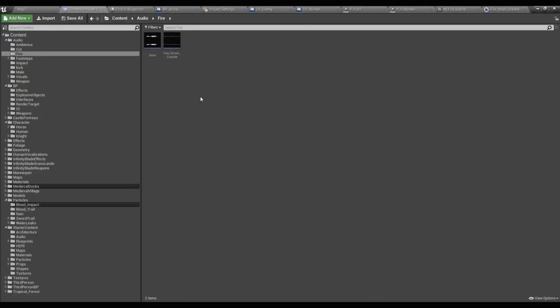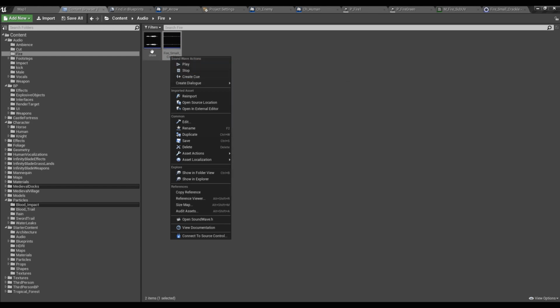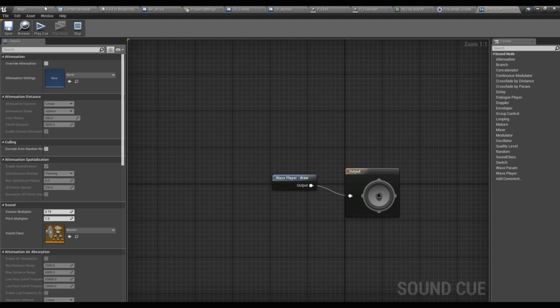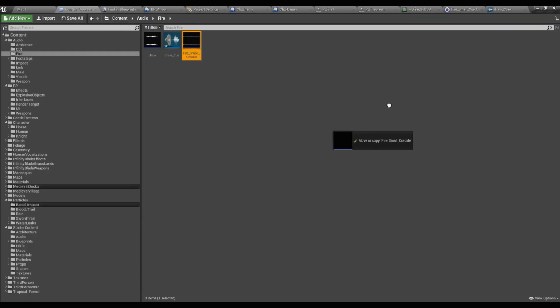Oh yeah, let's add a sound effect. I have already imported this sound and this some drawing weapon sound. So this is what I'm going to do. Let's create, first the drawing sound will be played, and then this fire small crackle sound will be queued, will be looped. So let's add this one as well into the sound queue,